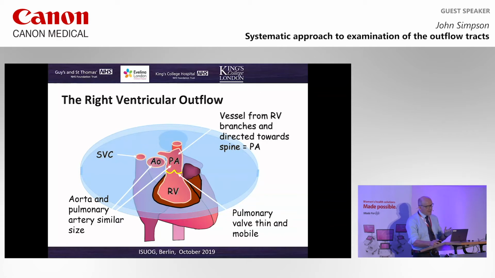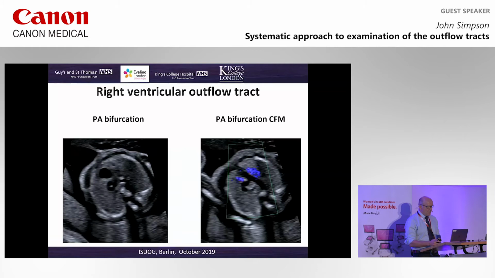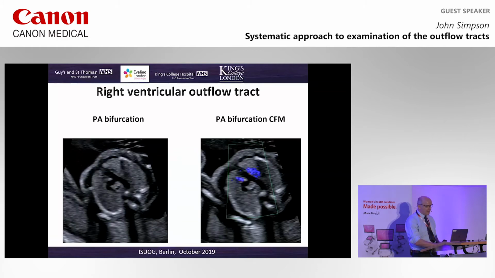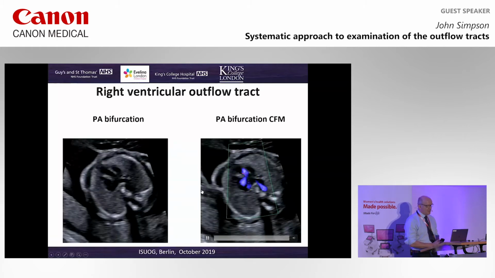The pulmonary valve you should see as thin and mobile. And the way to look at this is to say, when the heart contracts, do I see the valve disappear? So does the valve disappear completely in systole? So this is a normal outflow tract you're seeing on the left here, and a similar view on color on